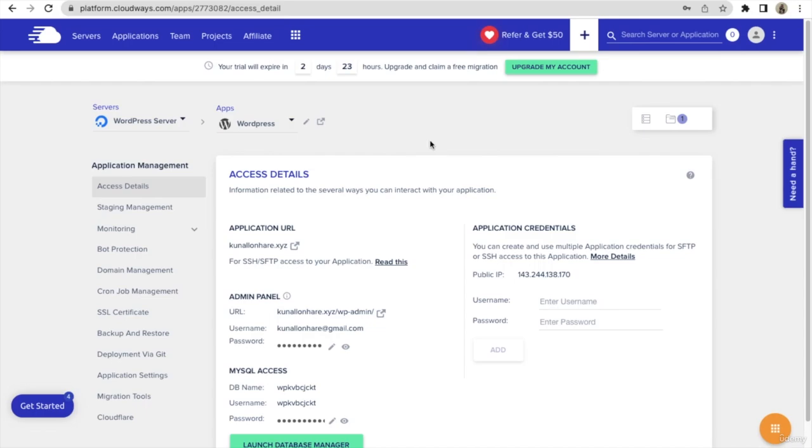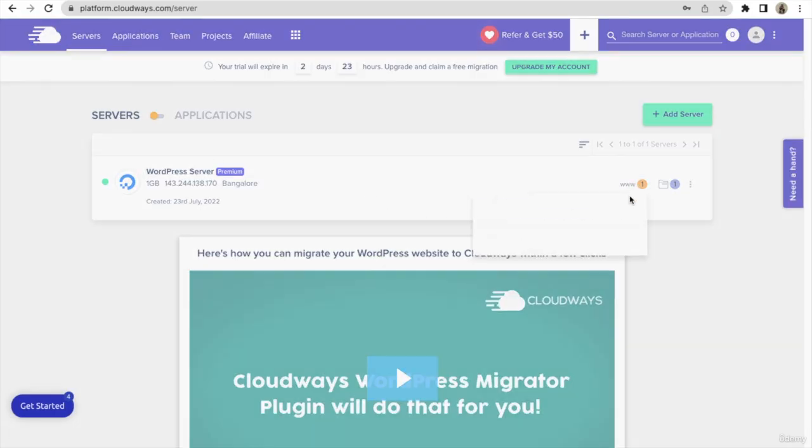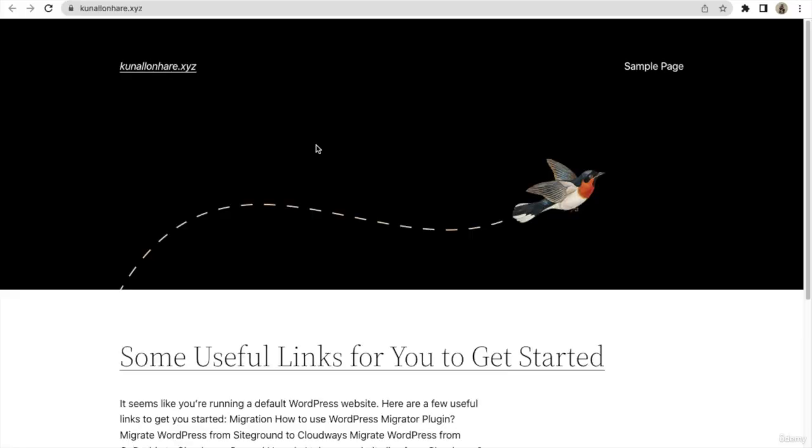Guys, let's see how you can access the website. Okay, WordPress website. So just go to access detail. Let me just show you from the start. So you just need to come to servers, just go here to WordPress, and then here you will see the application URL. Just tap here, and now what you need to do is add slash